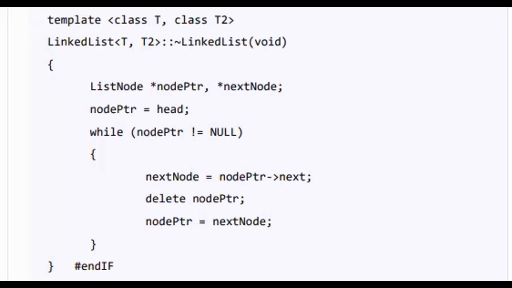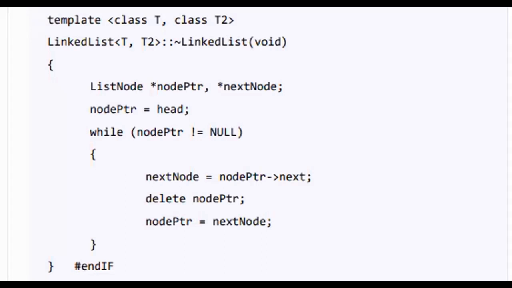Another template T1 T2, and we are using the scope resolution operator to get the destructor. And inside the destructor we are declaring some pointers, and if the linked list is not equal to null, like the pointer is not at the end, then it will delete the node, or else it will end the if loop.